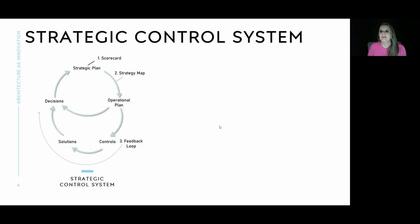Okay, so the why, what, how, and how much is supposed to all be connected in a model to feed those decisions back up, so you know if you need to course correct or not. So that's the concept of a strategic control system. It's highly sophisticated, right? That's the utopian state that has to be achieved